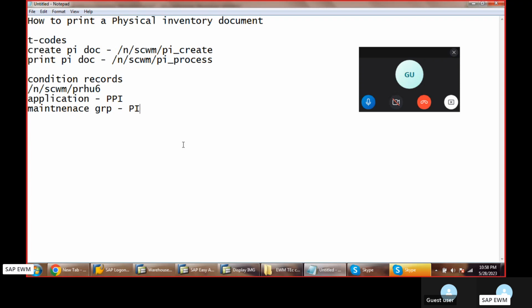They'll open the physical inventory document in the system and they'll upload these values, or they directly key in the values in the system. Once the values are entered, if there are any differences observed, then these differences are counted. If required, they'll recount again and they'll post the difference. Once the differences are posted in the EWM system, based on the difference values, the system creates a difference analyzer